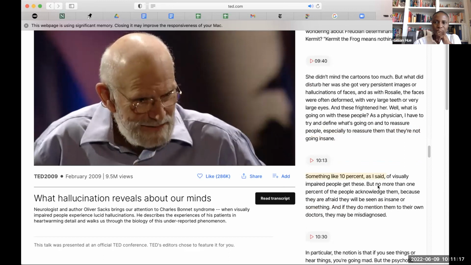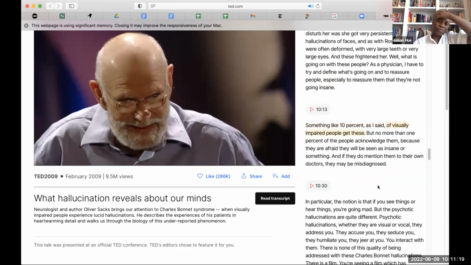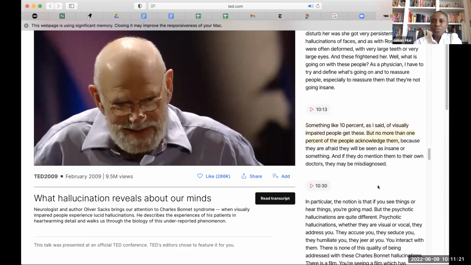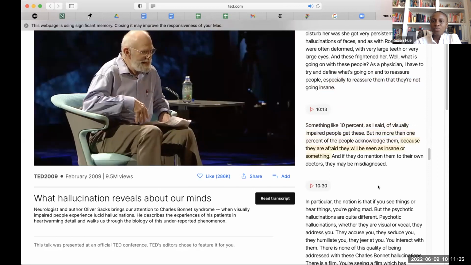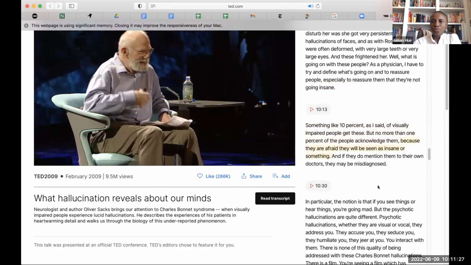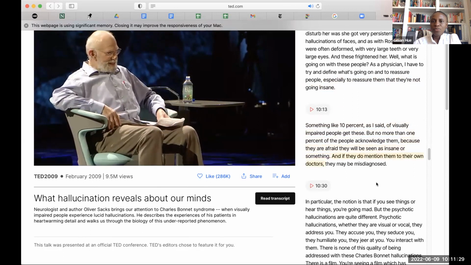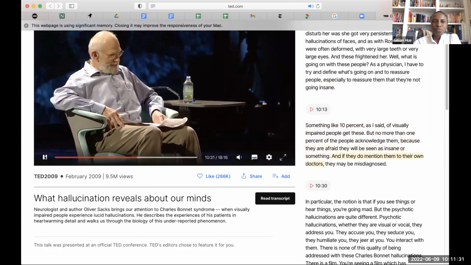As I said, of visually impaired people get these, but no more than 1% of the people acknowledge them because they're afraid they will be seen as insane or something. And if they do mention them to their own doctors, they may be misdiagnosed. In particular,